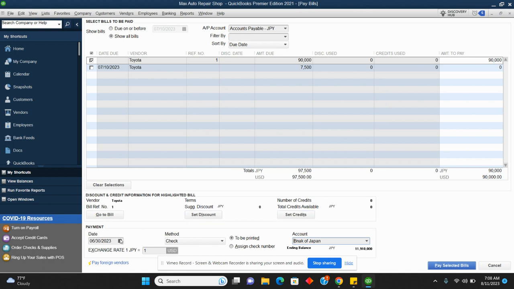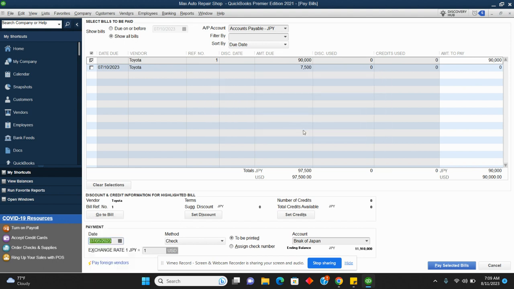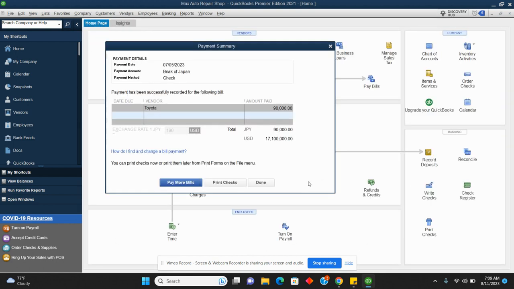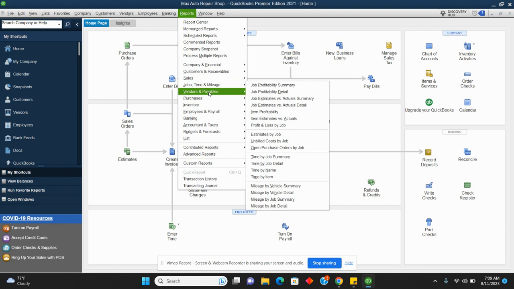Now, don't forget that every time you post, you must always select the date of that transaction. Anytime you're posting, make sure you select the date of that transaction. And anytime you're posting a foreign currency transaction, make sure you update the exchange rate. Then we click on pay selected bills. So we have cleared that bill. If you go back to your reports, vendors and payable,